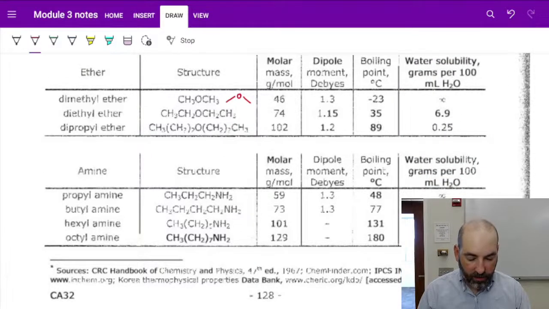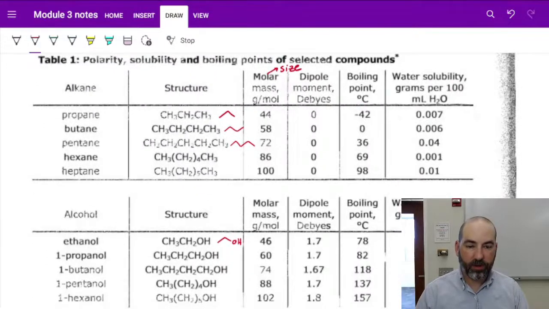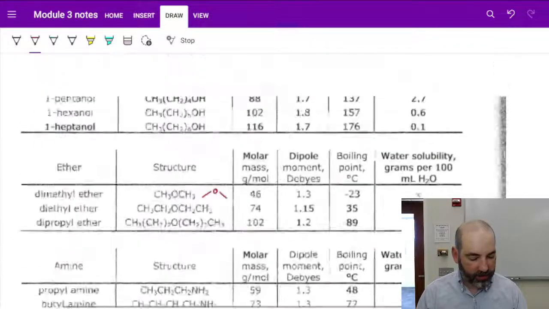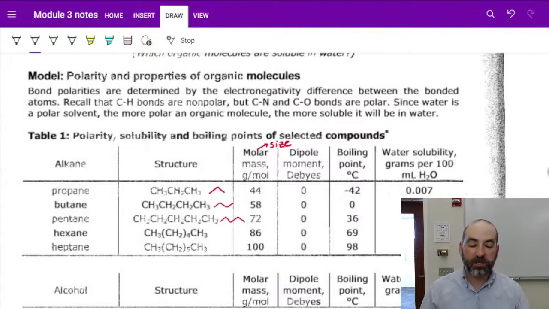Then you've got boiling point, which is the temperature at which the substance boils. And then finally, water solubility. So how many grams of these things can be dissolved in 100 milliliters of water? As you can see, these are quite low, so only 0.007 grams of propane will dissolve in 100 milliliters